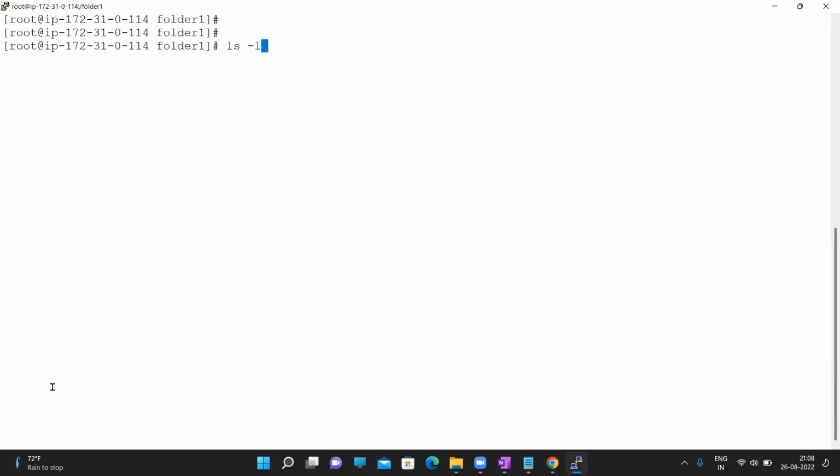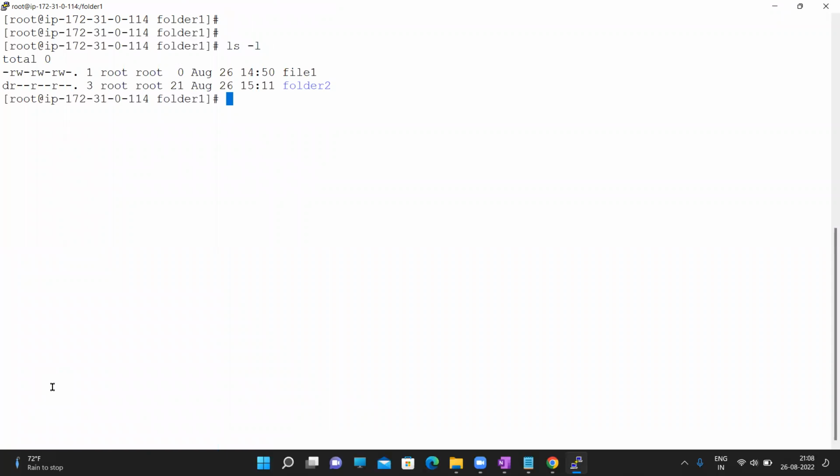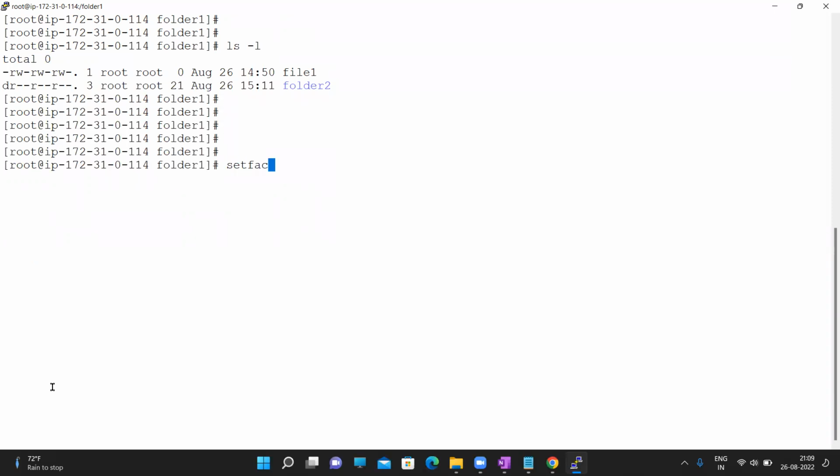Here, ls -l. setfacl of group 1, -m, m is for modify. Group 1, -g, g stands for